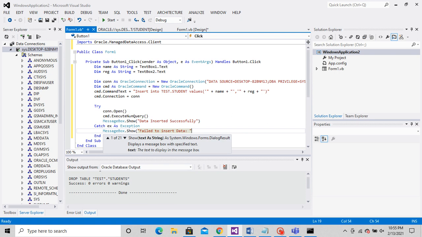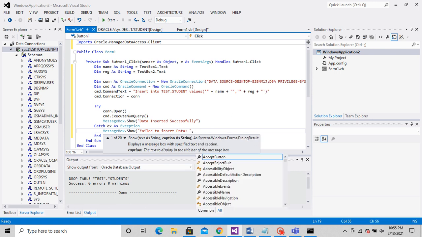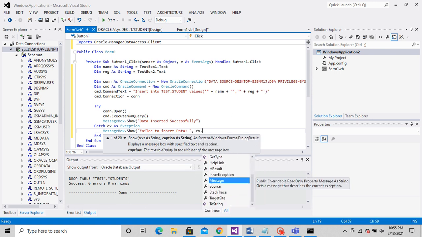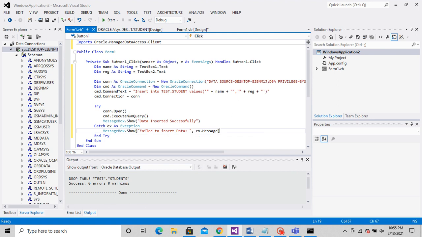And this is what is displaying the exception. Then we come to finally.